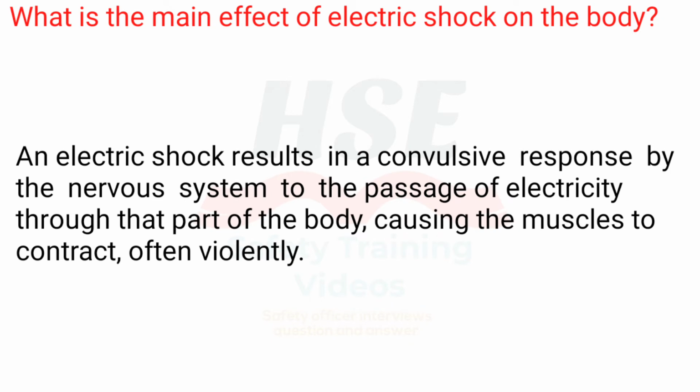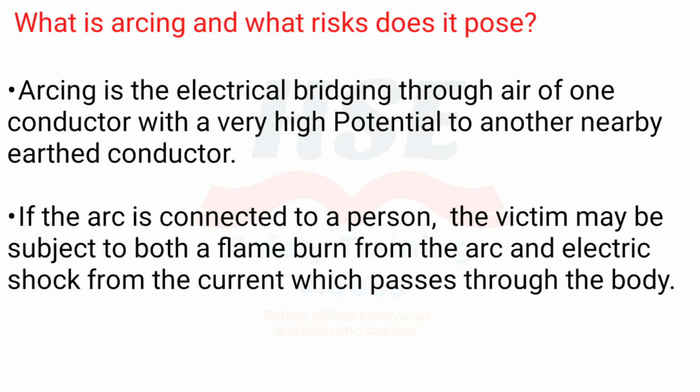An electric shock results in a convulsive response by the nervous system to the passage of electricity through that part of the body, causing the muscles to contract, often violently. What is arcing and what risks does it pose? Arcing is the electrical bridging through air of one conductor with a very high potential to another nearby earthed conductor. If the arc is connected to a person, the victim may be subject to both a